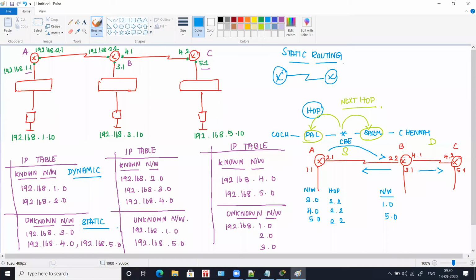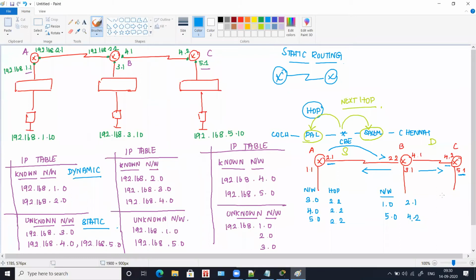So this router has two immediate next hops. One is 2.1 and another one is 4.2. Since 1.0 is on the left hand side, we take the next hop IP for 1.0 as 2.1, and 5.0 is on the right hand side, so we'll take the next hop IP as 4.2.